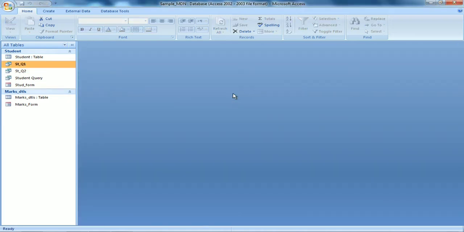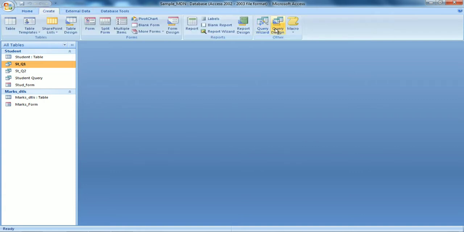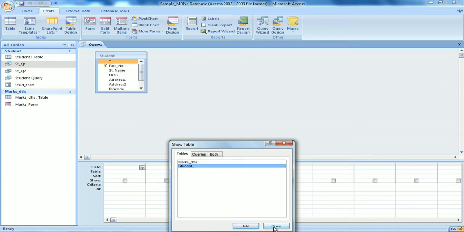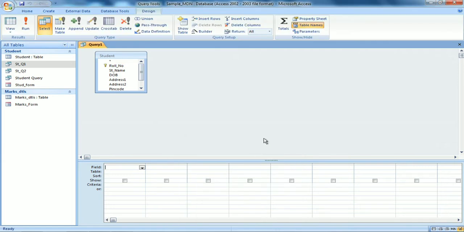Now let me see query design. Again I go and click student, add, close. Now roll number, student name, date of birth.